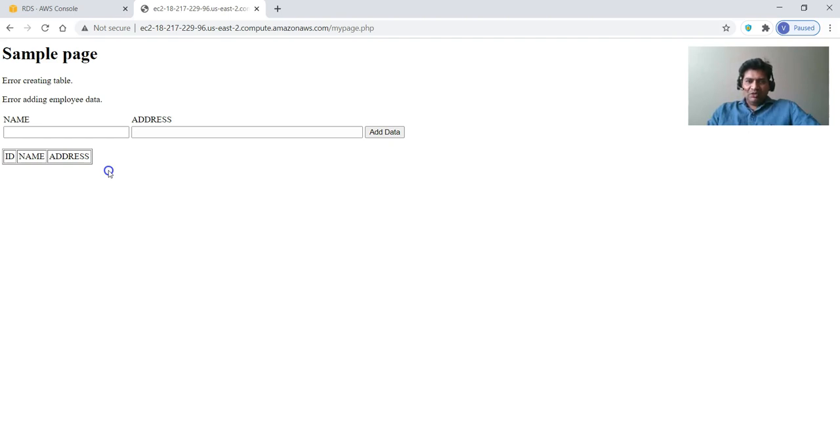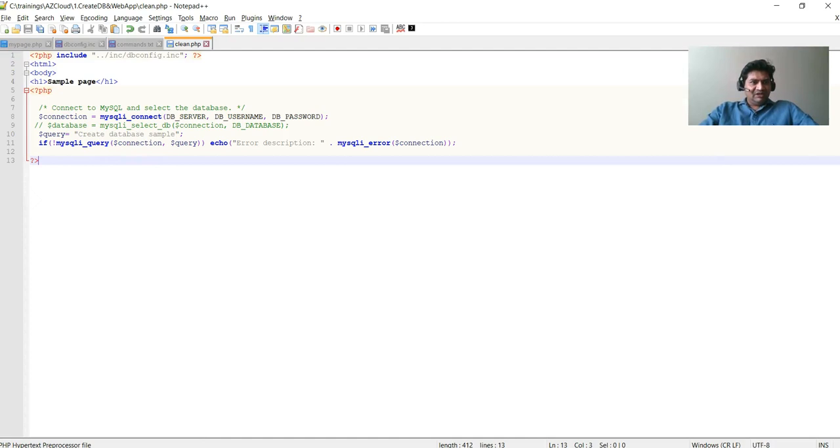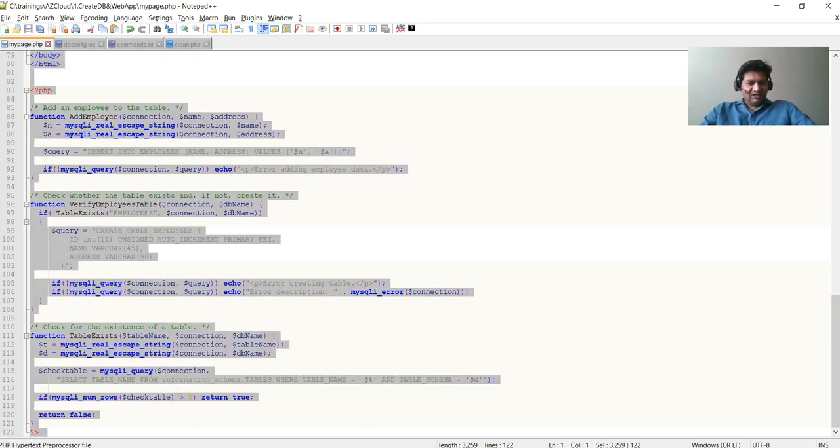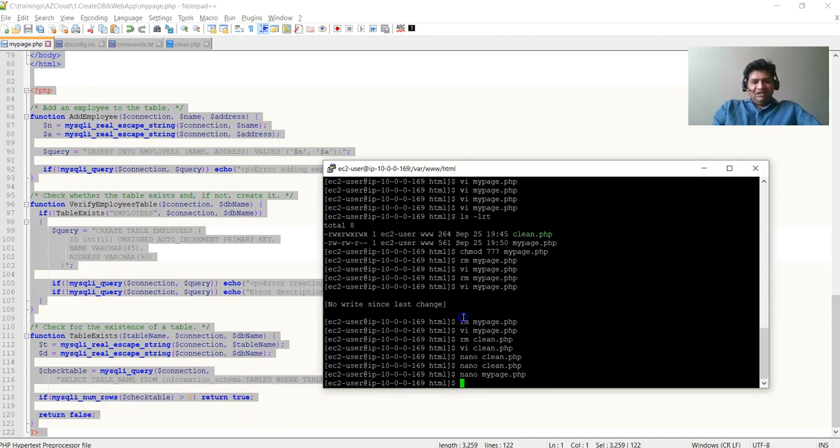So a way to debug this is actually from the script that we wrote, and I'm going to show you how to go about and see the error message. So how do we see what's the error message behind the scene? What I'm going to do here is, this is the query that we were running. I'm going to add another statement here, which is basically going to throw out the description of the error. So I'm just going to save this, copy this, and I'm going to go inside the